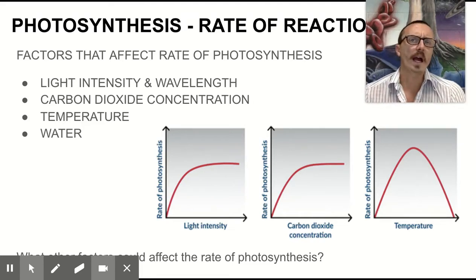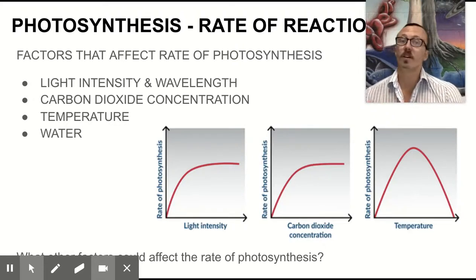Now, this can be quite complicated because under certain conditions, say, for example, a drought where there's not a lot of water or a really high temperature, plants will typically close their stomata, right? So those tiny little openings underneath the leaves, they'll close them and they will not allow air in and out of leaves. And since no air can come in, no air can come out, and that means that oxygen cannot leave the leaf. And so there are different forms of photosynthesis that have evolved as a way for plants to